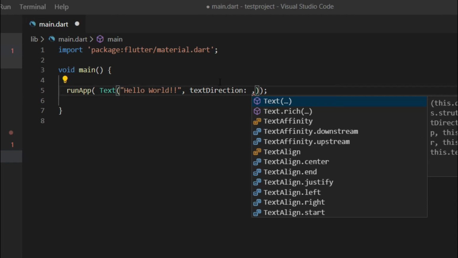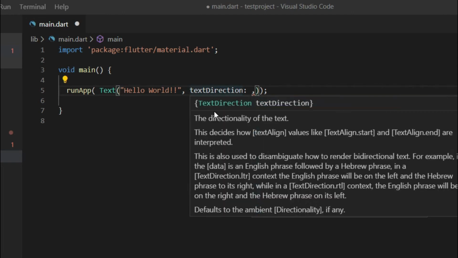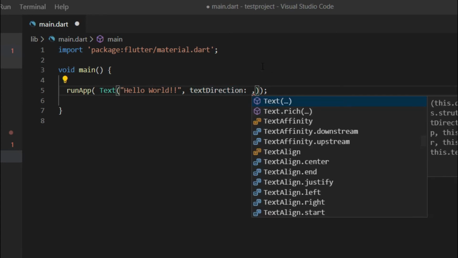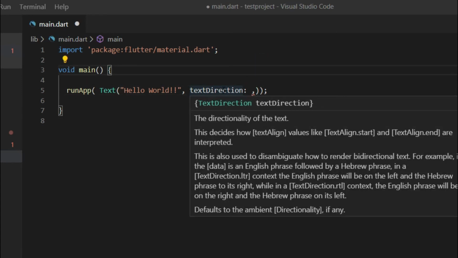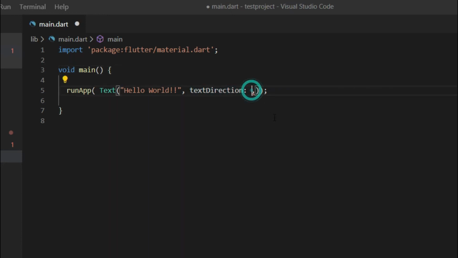Here we add the property of the text direction, and if you want to know what is the return type of this text direction, just you have to hover the mouse on this text direction, then the return type is the TextDirection. We have to write the TextDirection here, and then we have to click the dot button, and it will show some suggestions that LTR means left to right, RTL means right to left.